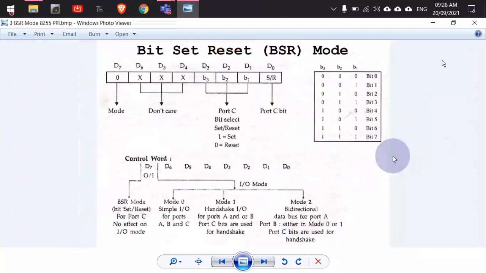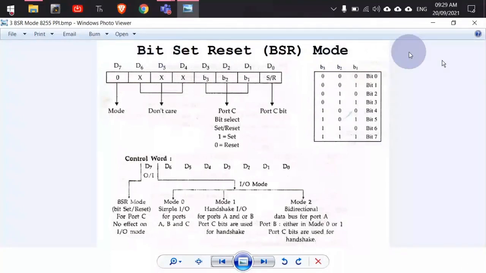So let's discuss this port number C first, because this is a very special port. It will be a helping port to port A and port B, or if it functions independently, it can work as either an input output port in parallel mode, or it can work in serial mode also, right? Since C can perform various functions, one of the modes in which C can be used is called bit set reset mode, or BSR mode, right? This bit set reset mode is there for port C alone. No other port can be used with this bit set reset mode.